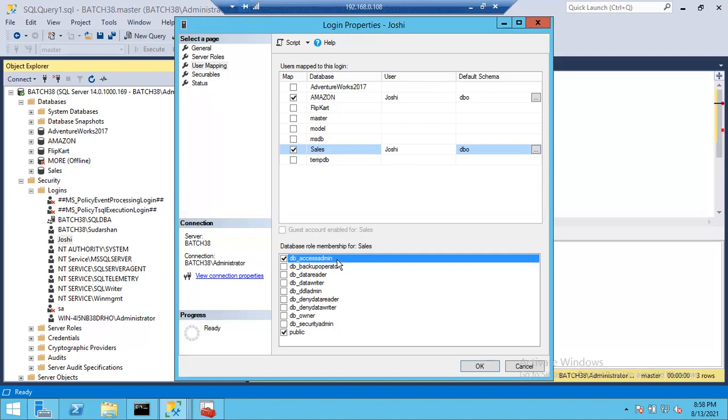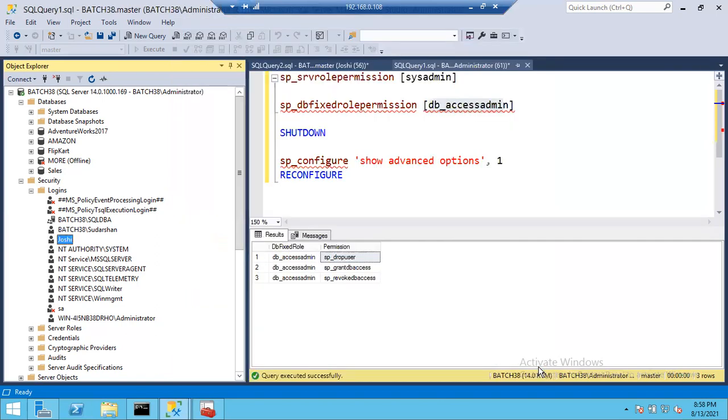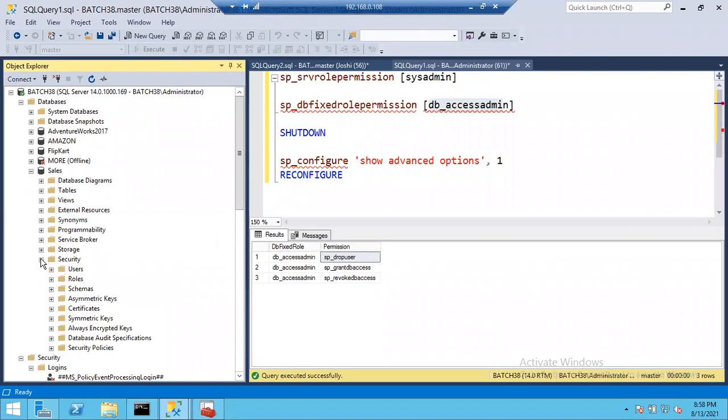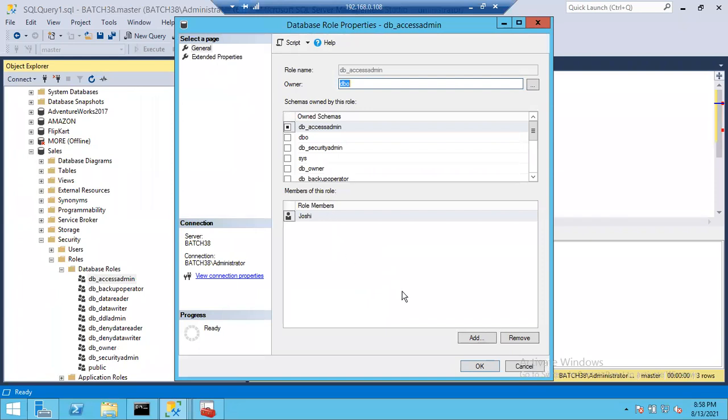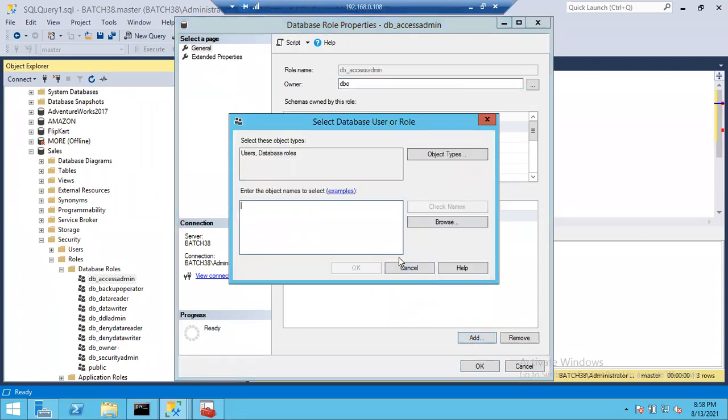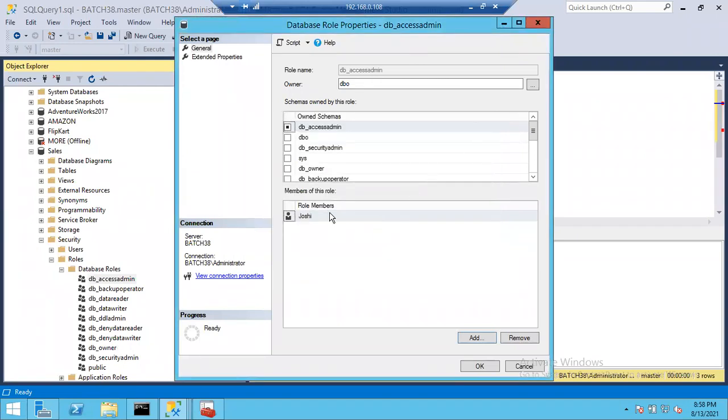Any issues, any doubts, or else I have another way also. Go to the database, go to security, go to roles, go to database roles, double click on access admin, go to add member. Here Joshi is already added. So let me remove Joshi, just to show you the demo.